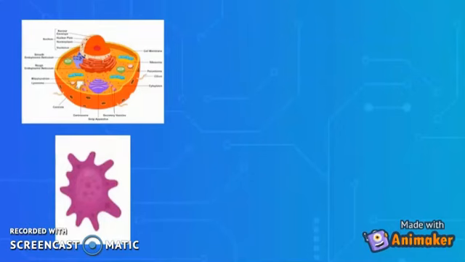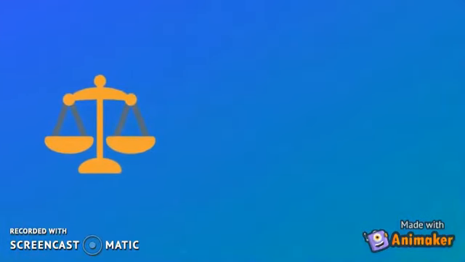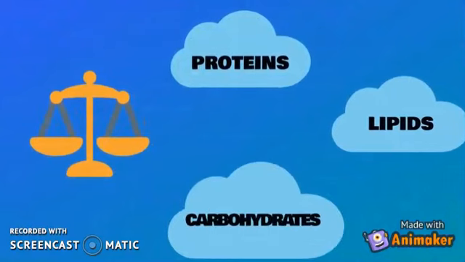The protoplasm of all cells, may it be prokaryotic or eukaryotic, are bounded by a thin elastic membrane known as the plasma membrane or cell membrane. Let us have a look at its chemical composition. The amounts of proteins, lipids and carbohydrates present in the plasma membrane show variations based on the type of cells